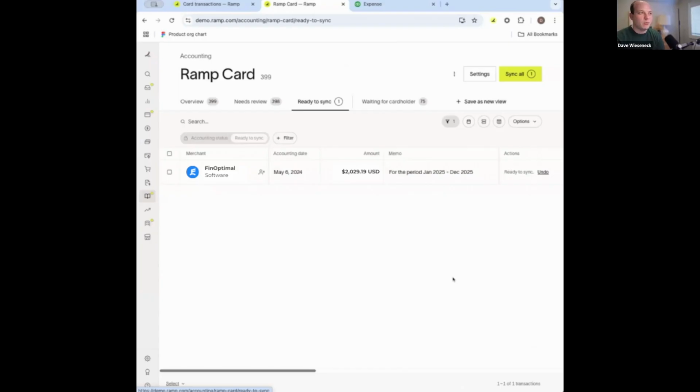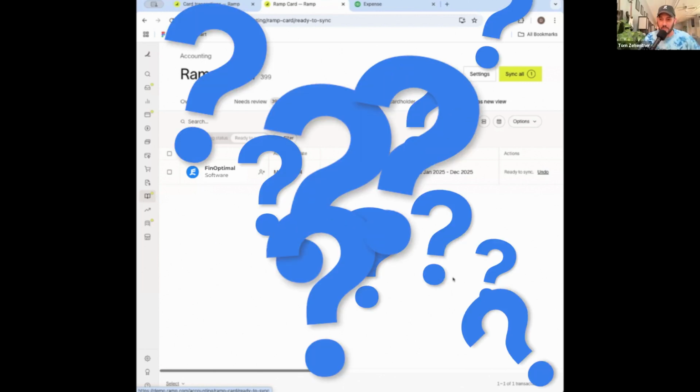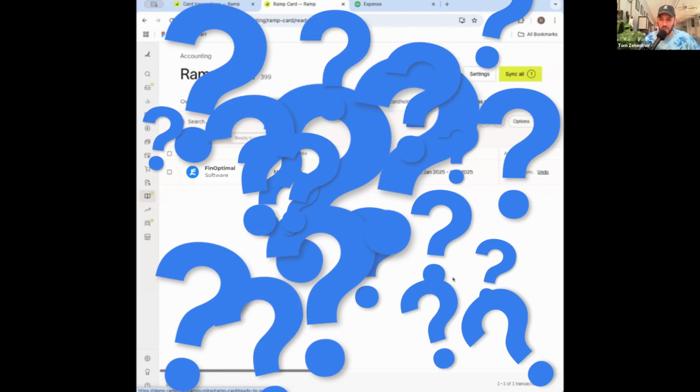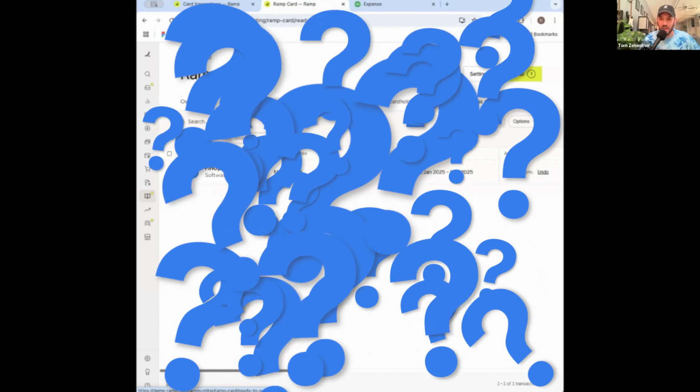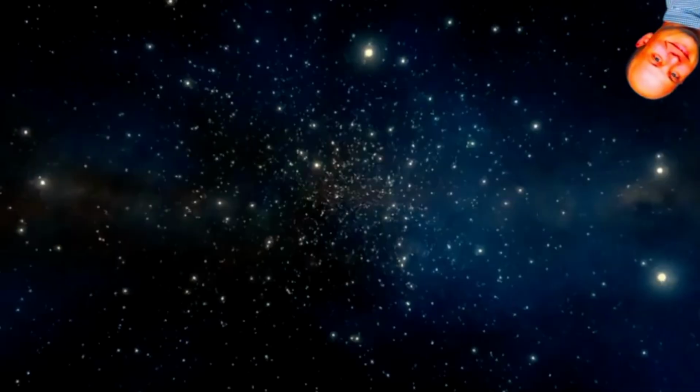All right. So what would happen if I paid for Accruer using Ramp? Could I sync it over to QuickBooks and accrue it for the whole year using Accruer? I think Jesse told me that is the one thing we're not supposed to do. If you try to accrue Accruer with Accruer, I think something bad might happen. Let's try it.